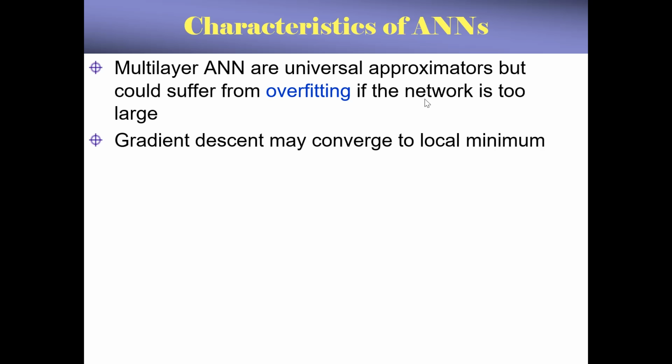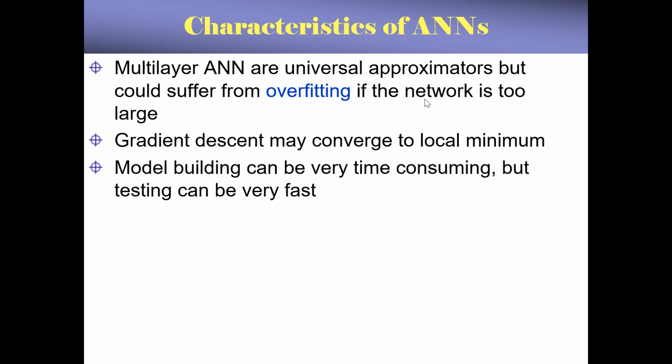Another characteristic of artificial neural network is that the gradient descent, that is the error that you compute, usually using the mean squared error, may converge to a local minimum. So you have to be careful about this as well. Depending on the activation function that you use, the error could actually converge to a local minimum rather than the actual minimum that you need to have for you to minimize the error. Okay, another characteristic is that model building can be very time consuming,